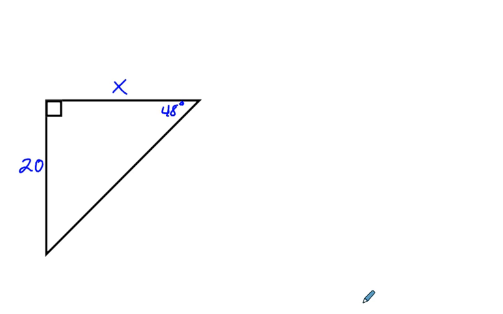Just as a reminder, our trig functions are given by the phrase SOHCAHTOA, and this is how it's spelled. So what these letters mean is